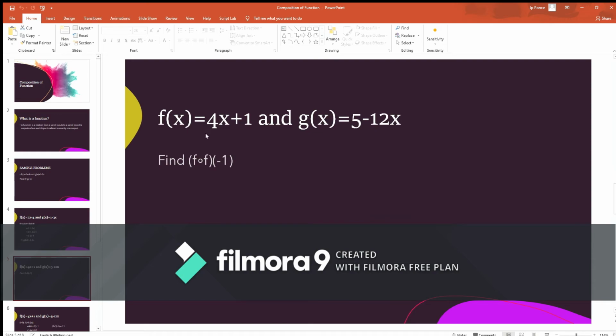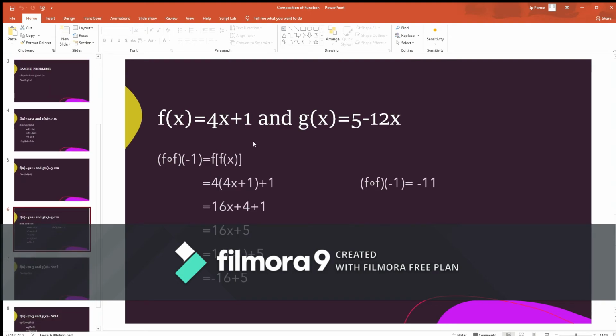Now, if you're new to this topic, it might seem complicated. Oh no, I don't know how to do this, but as I'm about to show you, it's actually just another variation of the previous problem. Now, same as last time, all you have to do is substitute the values of f of x. So you completely disregard this one. Since there is no g of x in here, you don't need to mind this one. Only this. So now substitute the value of f of x,